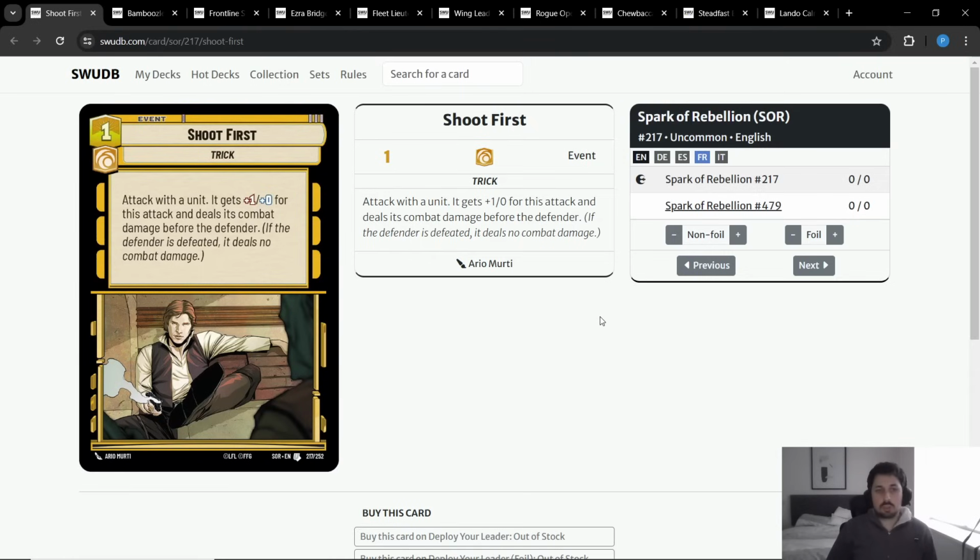In my opinion, Shoot First, as good as it is, is not strong enough to make the cut in the deck. There are a lot more events that I found way more powerful that I would rather play, and I don't think this card is strong enough to justify its spot as an event in the deck. Yes, it's really good against aggro, but I don't think aggro is a particularly bad matchup for Han, and I